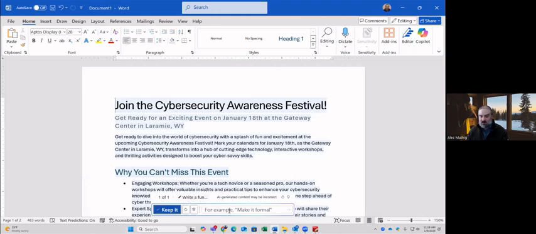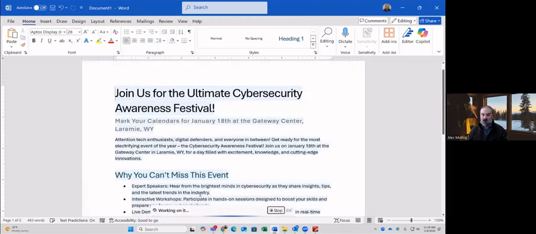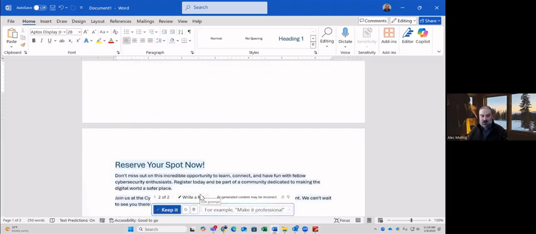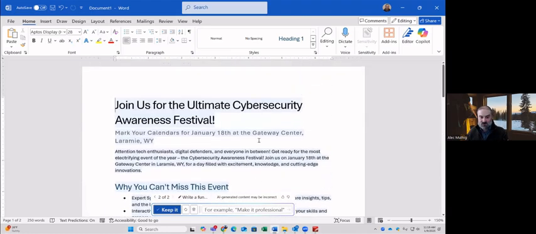If I want to just add to the tone, I can make a few little adjustments by typing in this box, or I can just say, let's just recreate it completely. I want a different draft. I always do this. I always do this at least 3 times, and then I compare them. So we'll notice this is actually different.